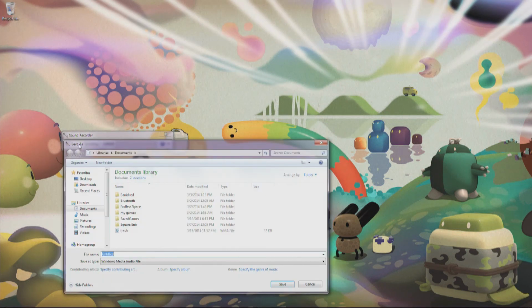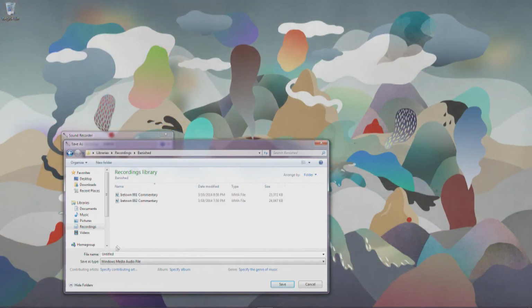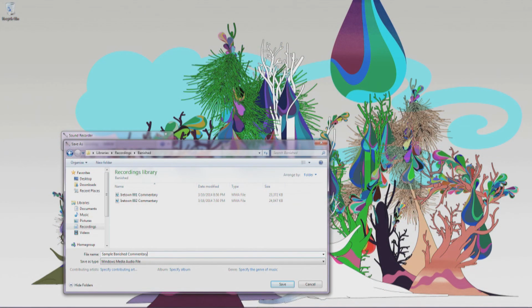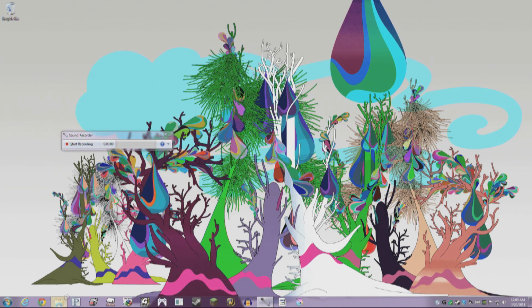You go to your commentary recording. You hit stop. It defaults to your documents folder. I'm going to move it to what we were just recording. We were playing Banished. So let's call this sample Banished commentary. And look at my awesome typing skills. And now,